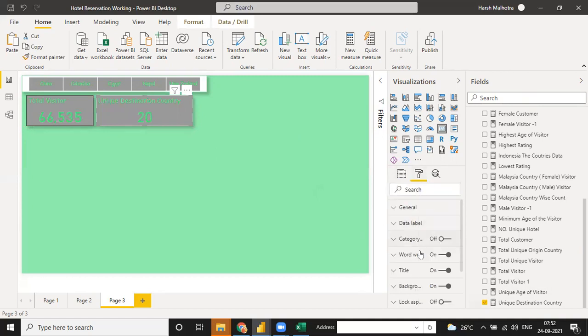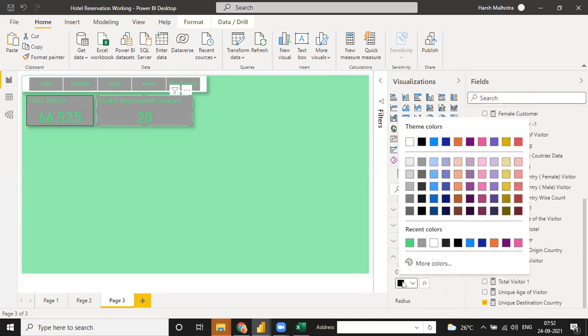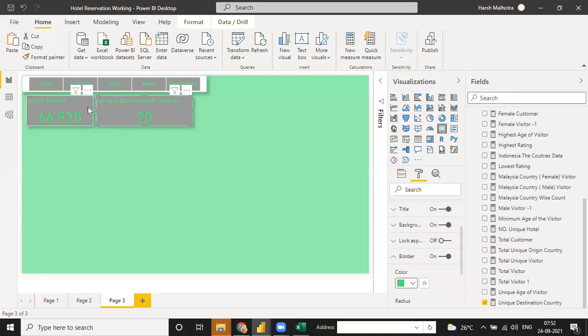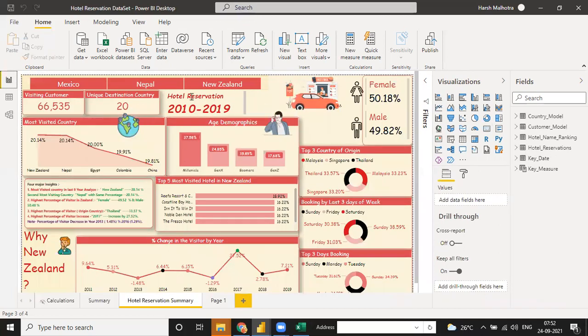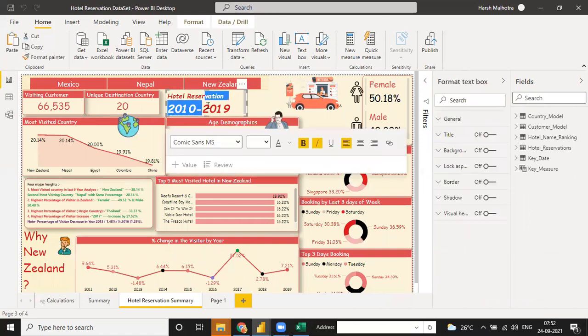Okay, and also do one thing. Instead of border, you can choose black. You can use green, same format. This color is okay, or I can change the color for background, because you can change. Right now I just use separate. See, for this you have another, it is used as a card chart.